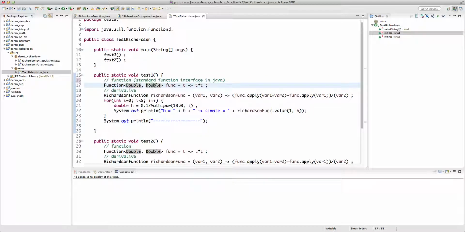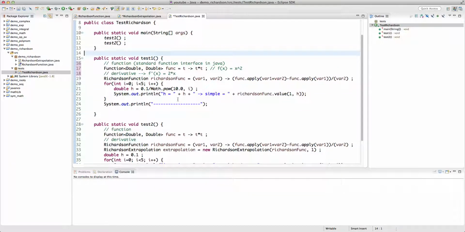Input is double, return type is double. T goes to T squared. So my function here, basically f of x is x squared, and the goal here is to calculate the derivative, and we already know the exact result. 2x is f prime, all right? But then